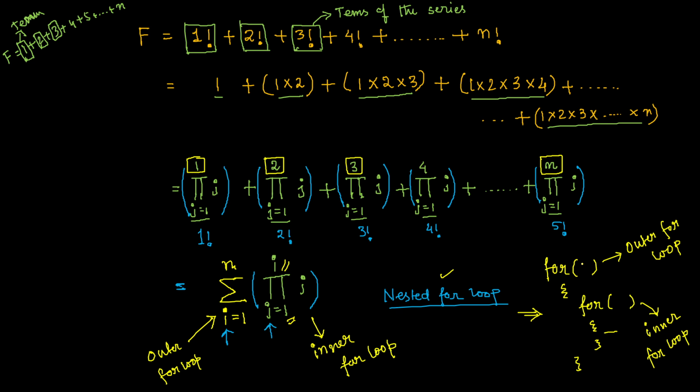because when the control enters within this for loop, it has started the inner for loop. Until this for loop ends, the I plus plus, or whatever you have written in the increment or decrement part of the outside for loop, will not start continuing, will not execute, right? That means this outer for loop is always dependent on the inner for loop. First the inner for loop will execute, then the outer, I mean, not all, but for a particular value of the outer for loop.